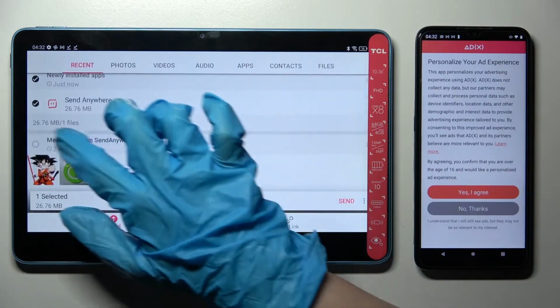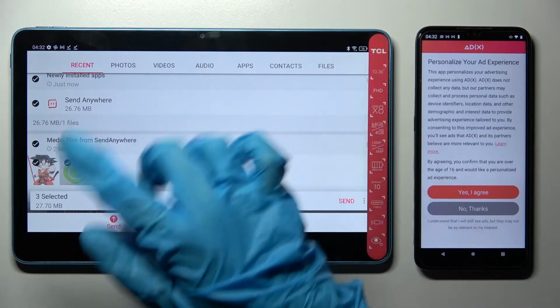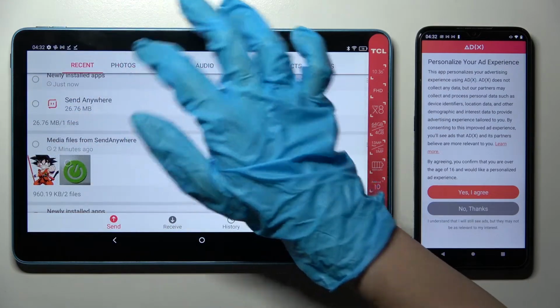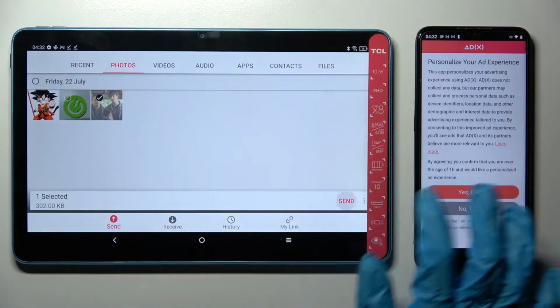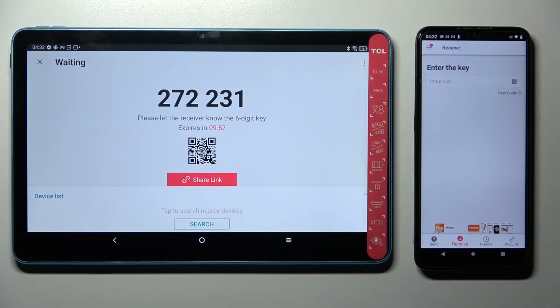Then tap on all of those dots on TCL device and choose send. This way you will select all of them and transfer them later on. It will take a long time to do it now, so I will go with one photo, choose send and tap on got it. Now just no thanks and close this window on an Android,